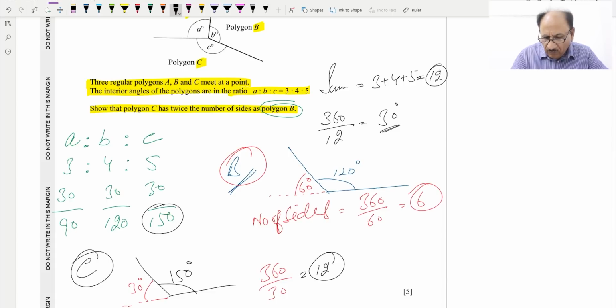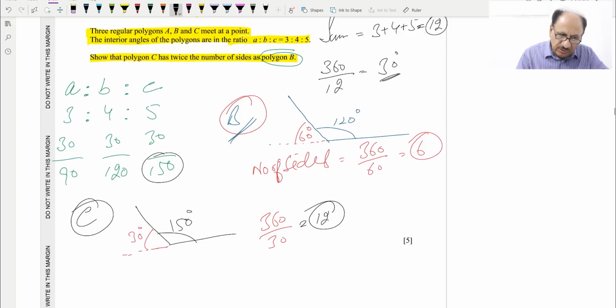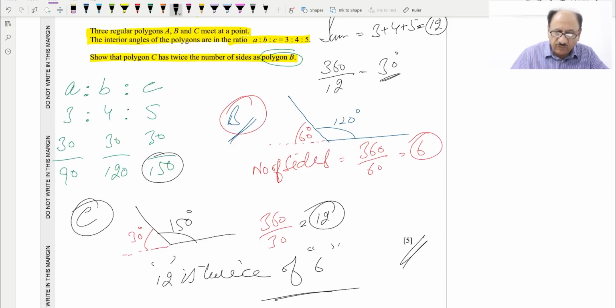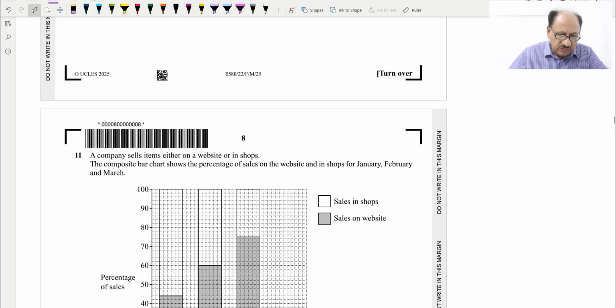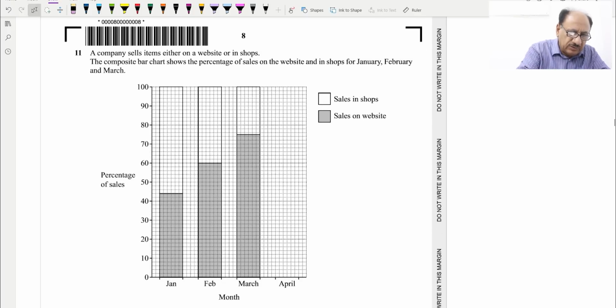So 12 sides. So at the end we can write that 12 is twice of 6, and this is our answer for 5 marks. Hopefully you understand this. Now question number 11, and this question says a company sells its items either on